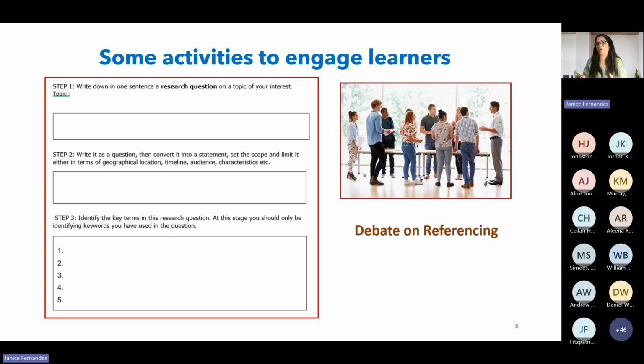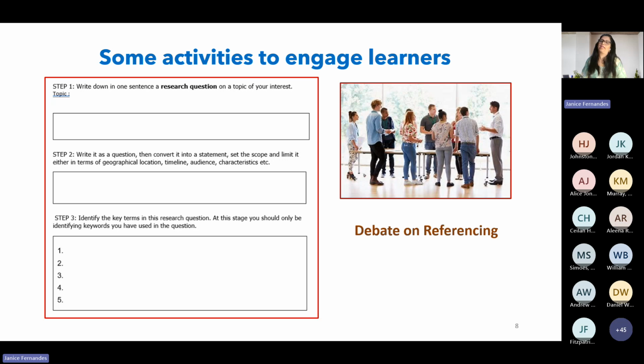Because I am also a subject librarian for the creative subjects, that is music and performing arts, it's difficult to engage learners sometimes in things like the boring, what they call information literacy. I have walked into classrooms and have students strike out a really theatrical pose, and it says, I'm an actor. Why do I need to learn all of this? So I'm trying to relate to them and engage with them.